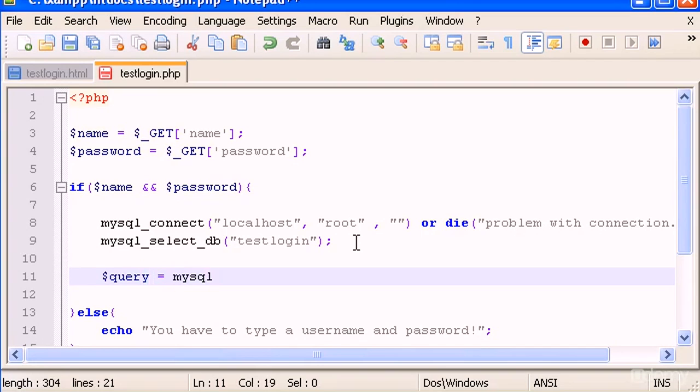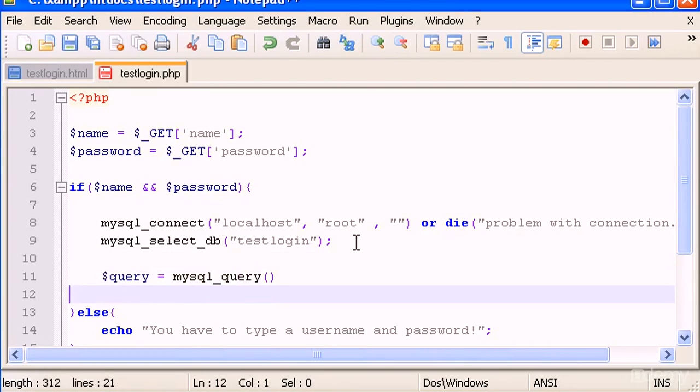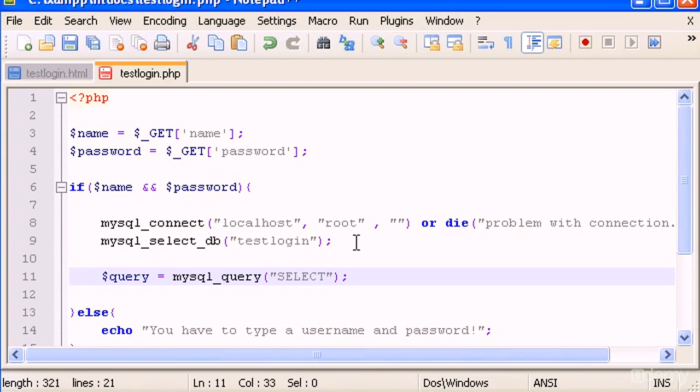This will hold a MySQL query, which is select all from users, which is our table, where name is going to be equal to the variable name. And here,